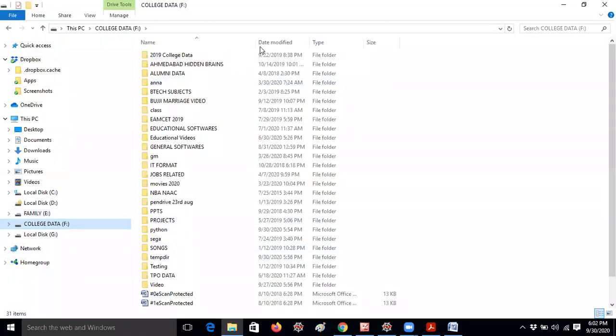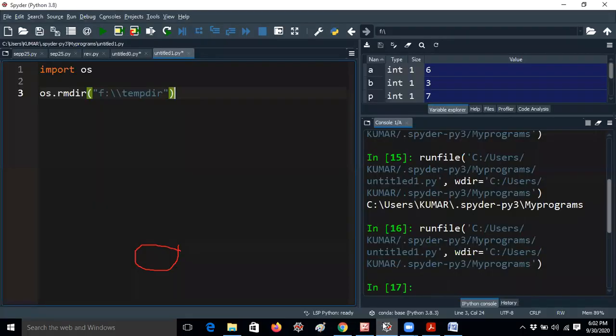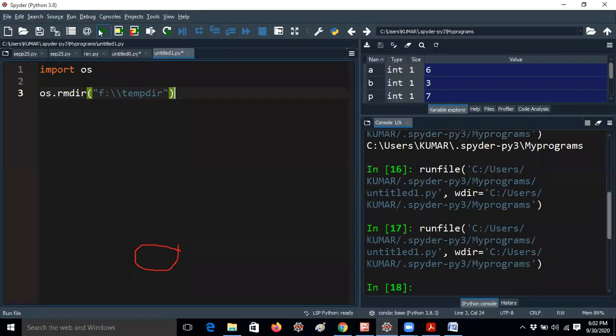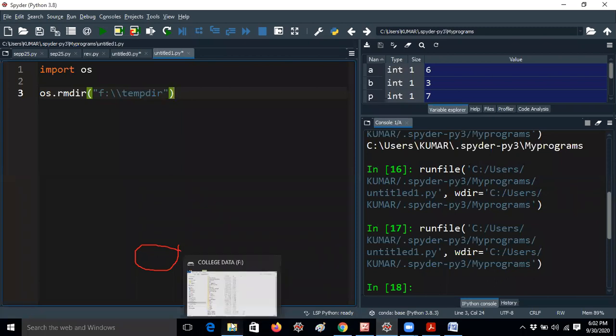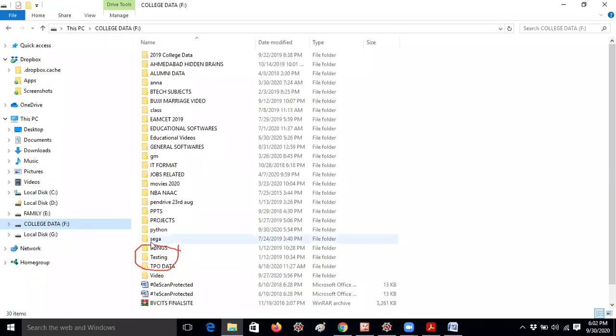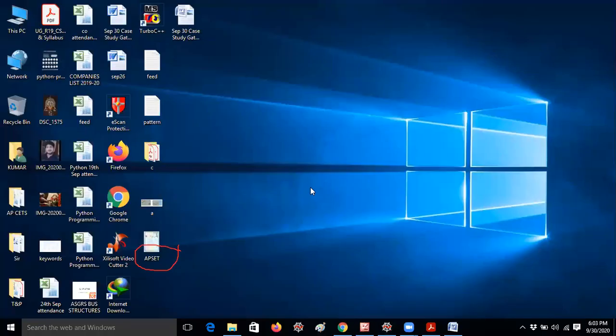Okay, so you see guys here, I will go to the f folder. Here you can see temp_dir is there. So now I would like to run this program. Now I am opening the file path here. You can see there is no temp_dir here. Just now I already gave a rounded box, so temp_dir was there, but here it is removed now because rmdir is remove directory. If you want to check whether it is deleted or not, there is no folder in that. That's the reason it is automatically removed here.